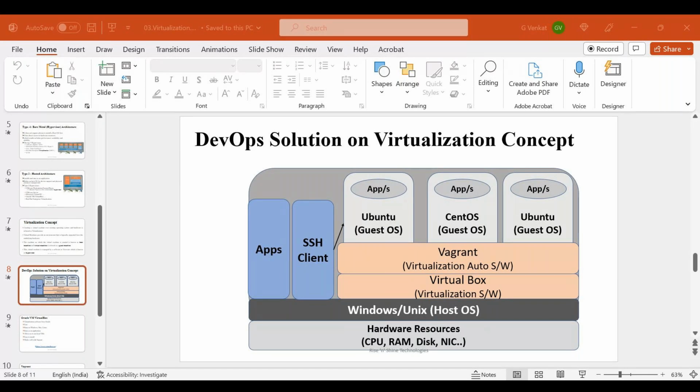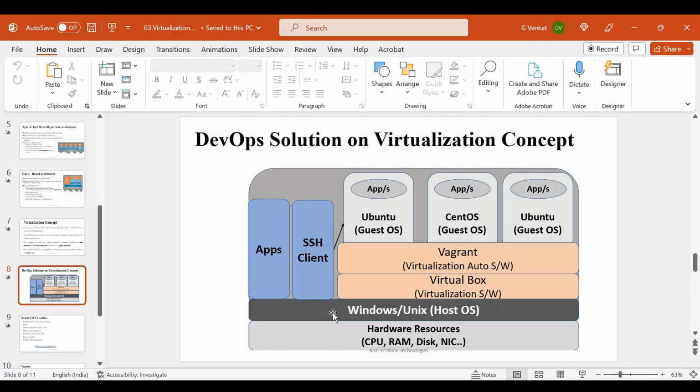Why do we need to have the Vagrant software? Suppose we understand that with VirtualBox, we can use the ISO image and SSH client to launch the virtual machine. But doing that manually, as a DevOps engineer, are you going to do manual activities or automation activities? Automation activities. Automation approaches we need to define.